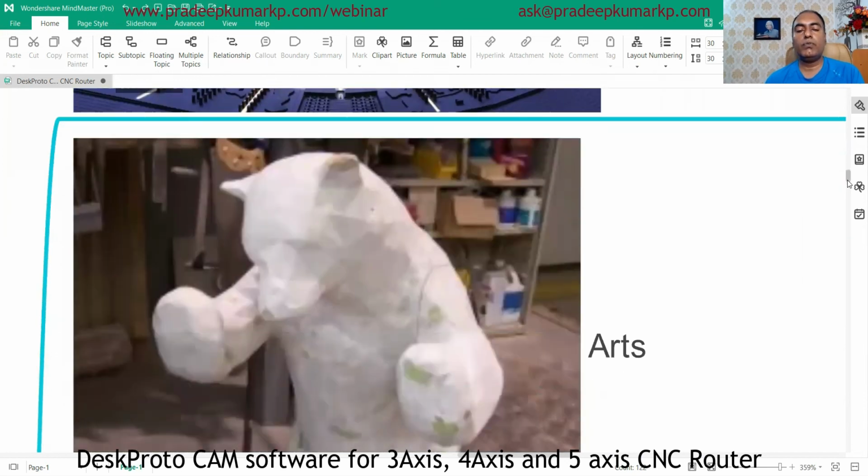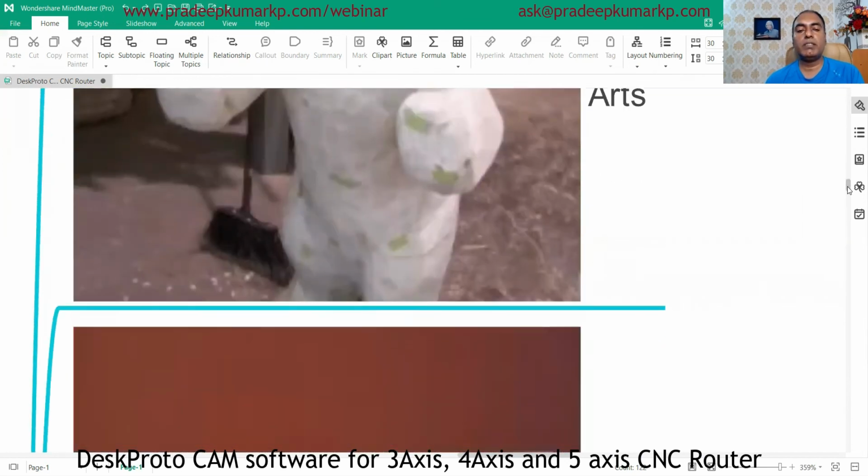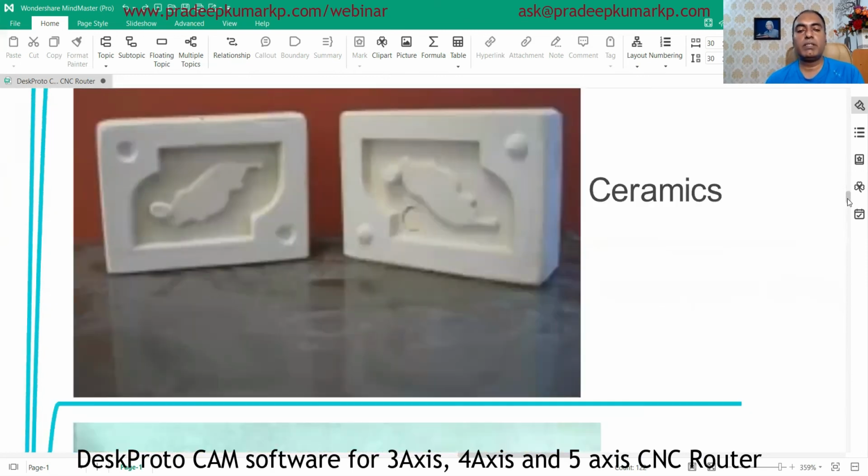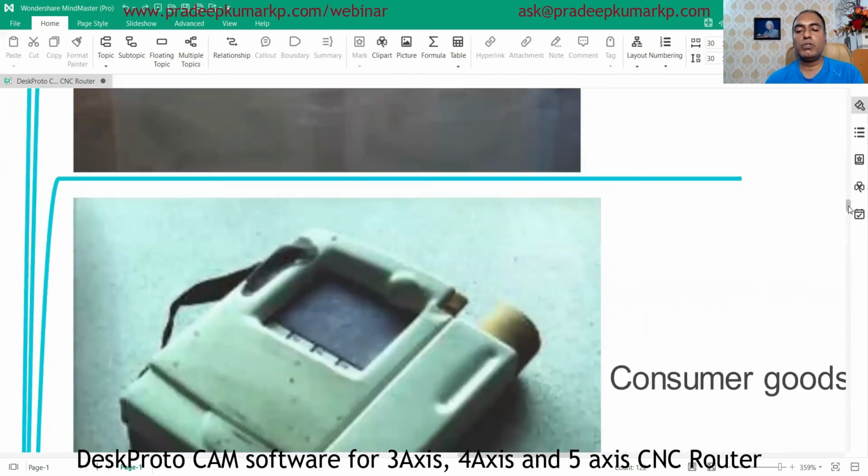For arts, you can machine it with the help of a CNC router. You can also use it for ceramics applications and for consumer goods.